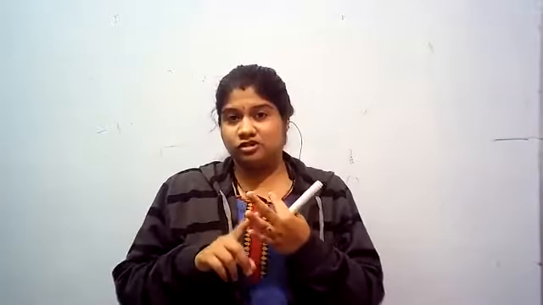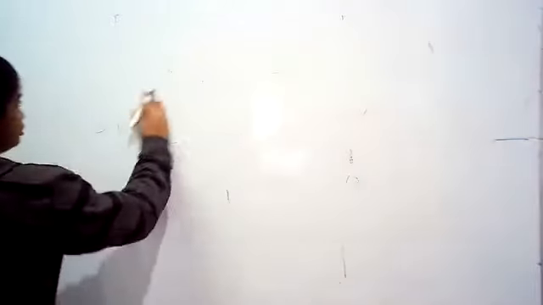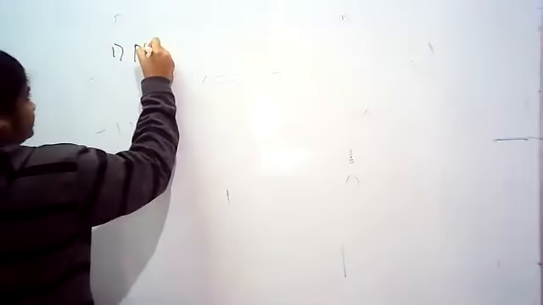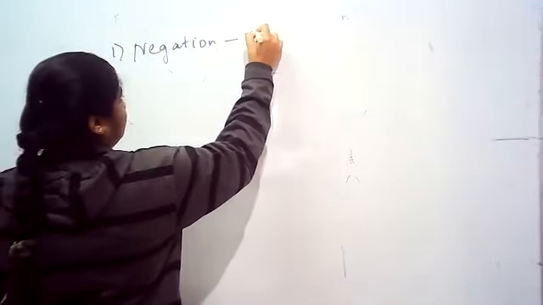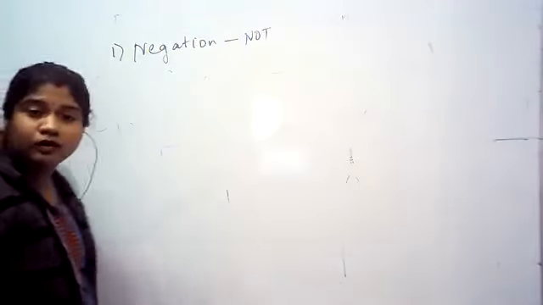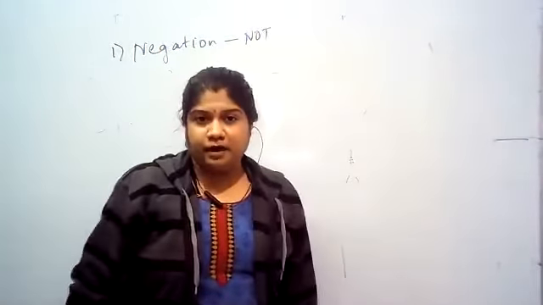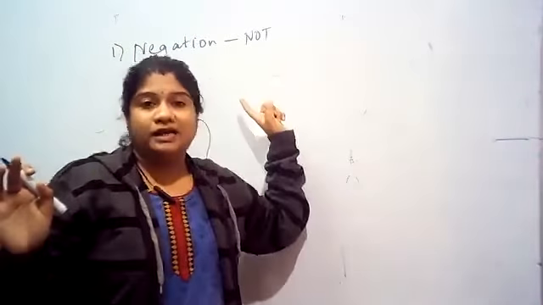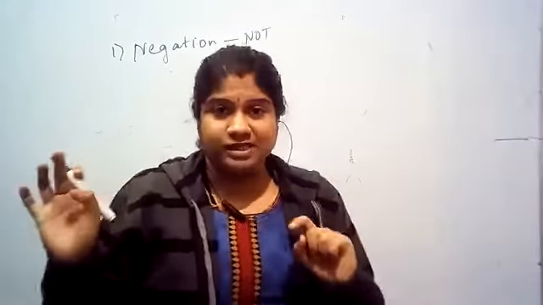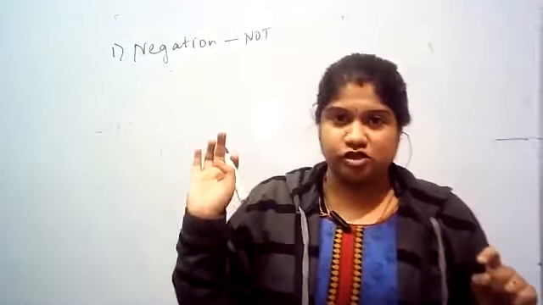Similarly, we used to solve in our digital logic. We need to do it the same way. Here, what are the basic operations? 3: negation, conjunction, disjunction. Negation is similar to the NOT gate. In digital logic we negate: if it is 0 it becomes 1, if it is 1 it becomes 0. Similarly here, for example, if I say Bangalore is in Karnataka, this is one proposition P.